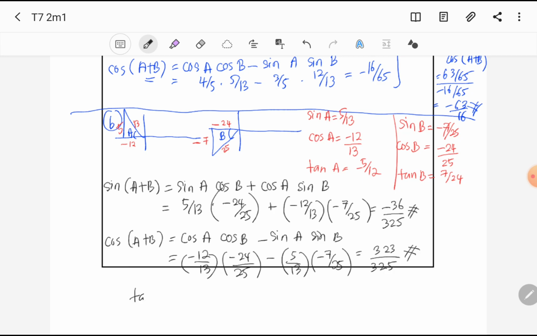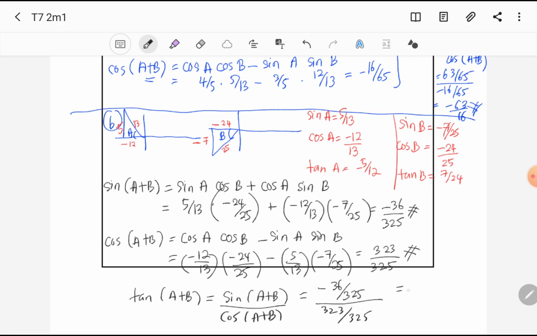Untuk tangent A plus B equals to sin A plus B divide by cos A plus B equals to negative 36/325 divide by 323/325. The answer is negative 36/323. Okay, so for now, you all dah belajar dah the basic idea of trigo, and the last